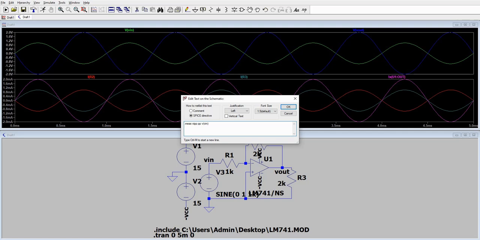Let us now measure the output voltage. So .MEAS VOPP, then double P, peak to peak of your V out. Control M. Next, for the current, again .MEAS IR2, let us get the peak to peak value of IR2.